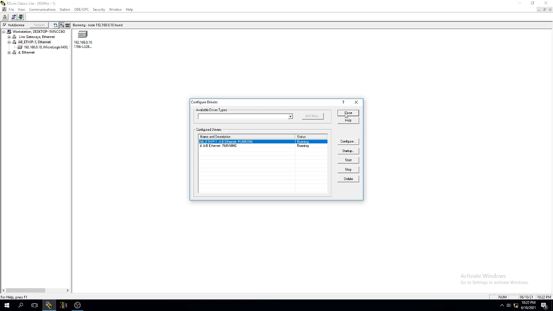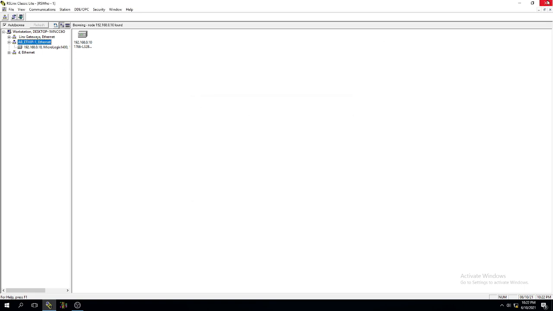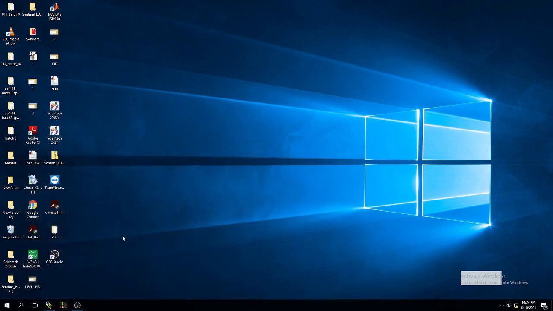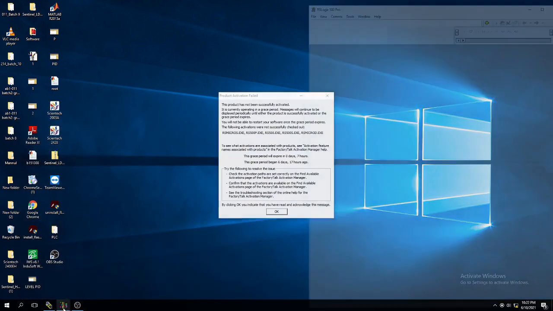Just close it. Before starting, we have to check it. This represents the connection between our personal computer and the PLC. So just close it. Now, in order to write the ladder program,